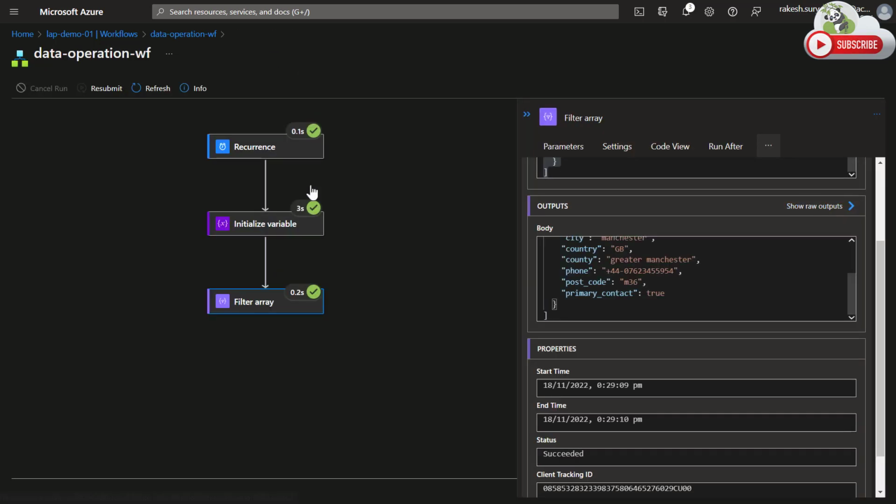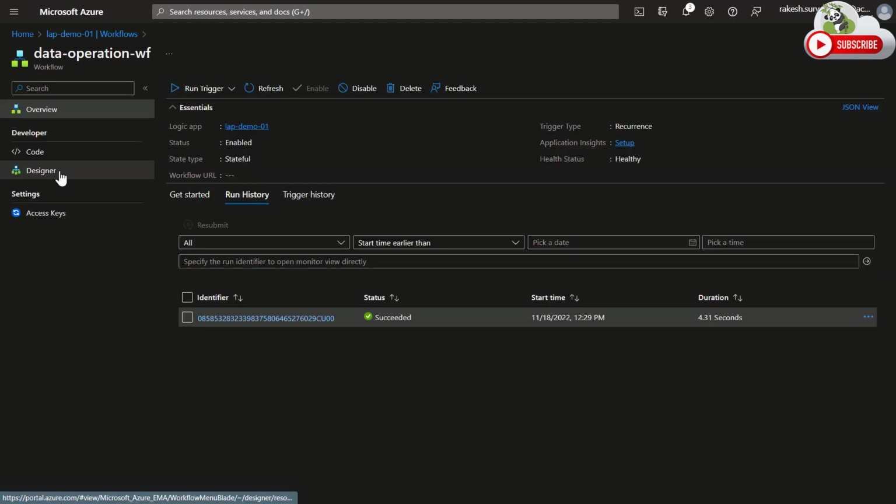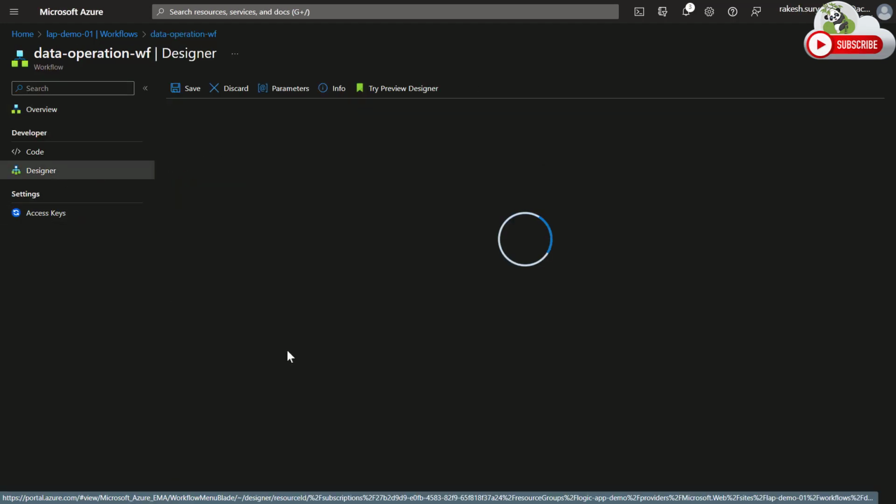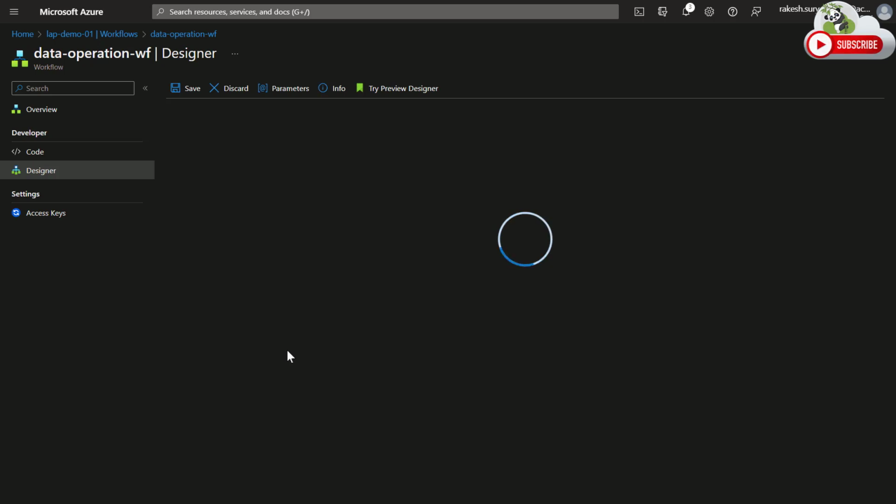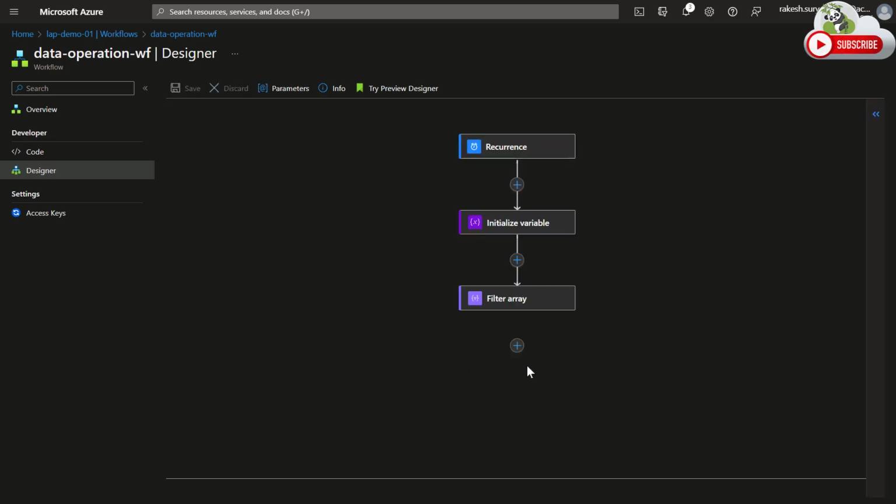So this is one thing which you can do to filter out a collection using this data operation. Now let's look at the next data operation which you can have with this. Let's take one more example: if I have an output of this filtered array, which is going to be one array element, and I would like to add an attribute to that particular